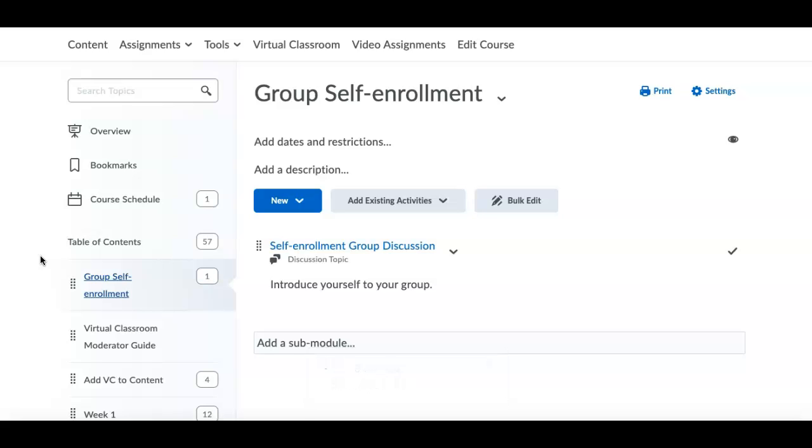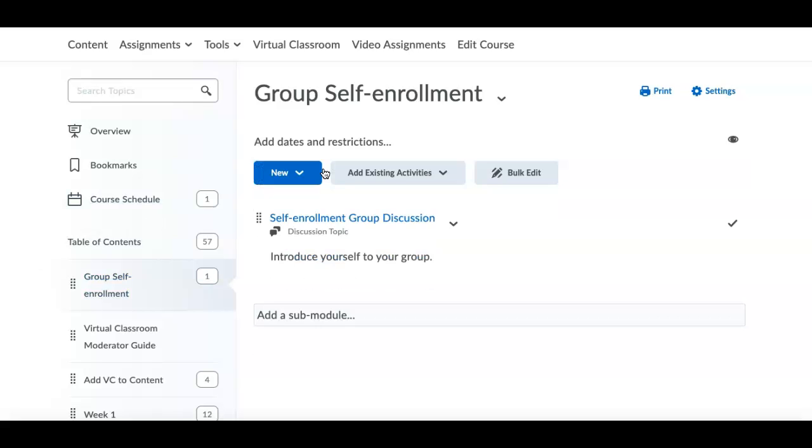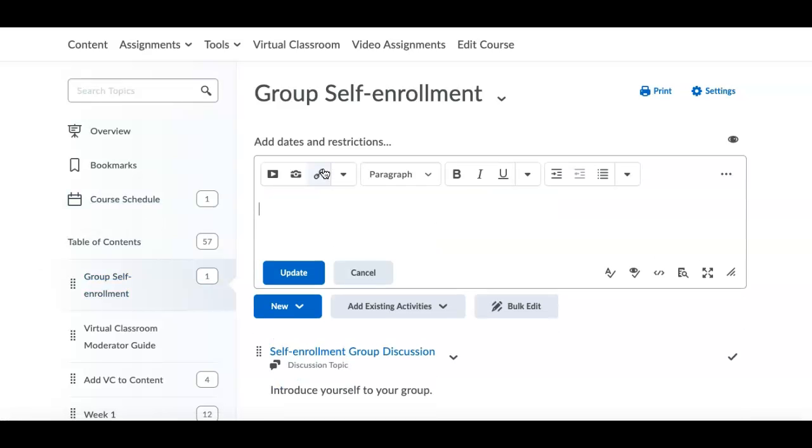I can click Edit Properties in Place and edit it. Okay, now students will not be able to see this discussion until you first invite them to sign up for the group. The best way to do that is with a quick link. In order to invite students to enroll in a group before they can see the discussion, you'll have to create a quick link. Highlight the text,